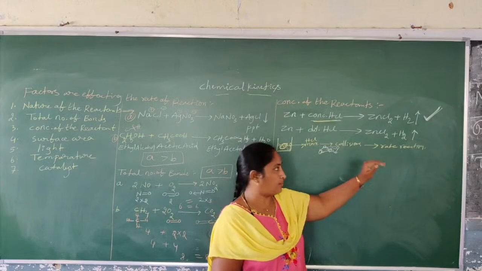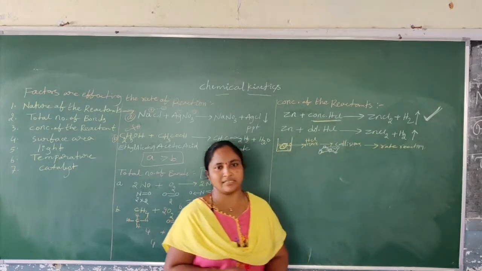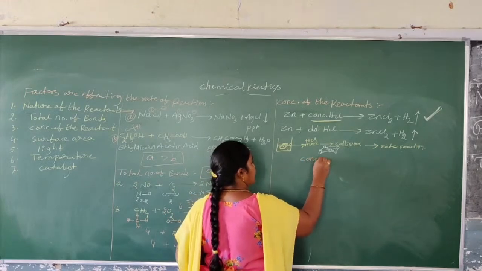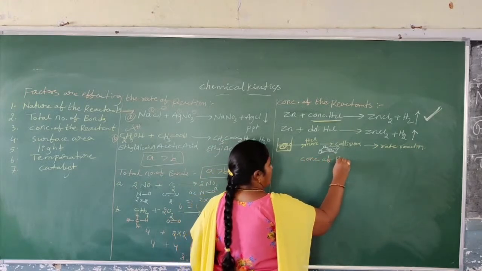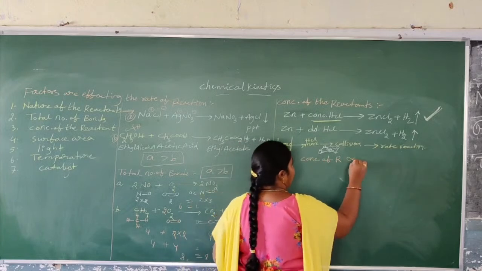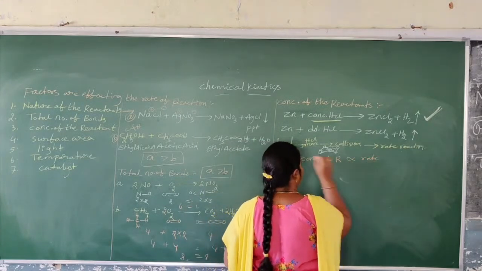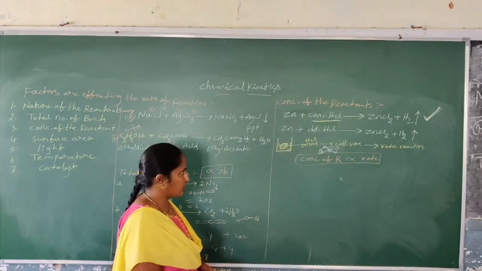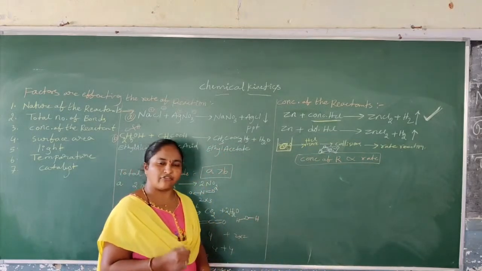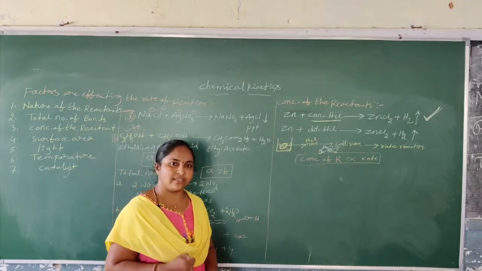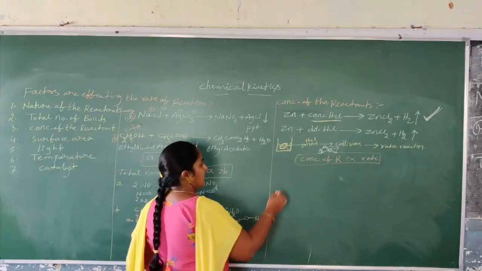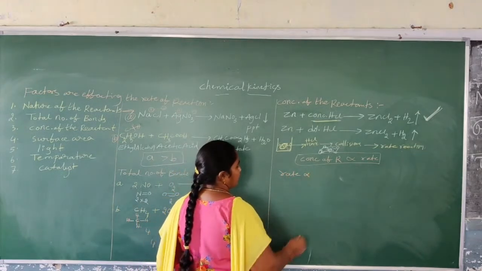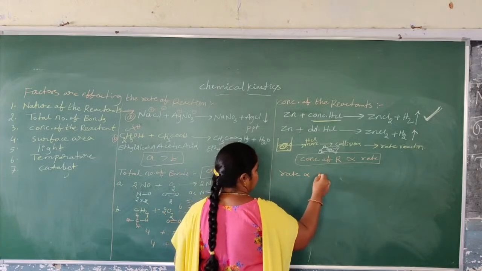Now we conclude one thing: concentration of the reactant is directly proportional to the rate of a chemical reaction. Due to more molecules being involved in more effective collisions, the rate of reaction increases. Rate of reaction is directly proportional to the concentration of the